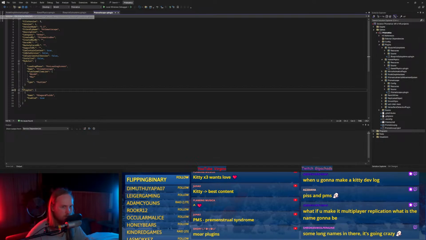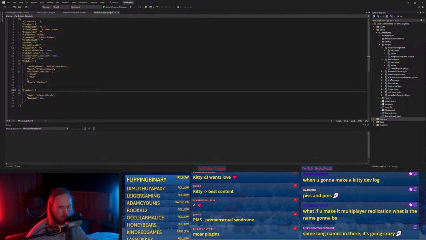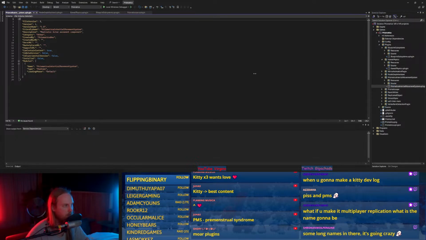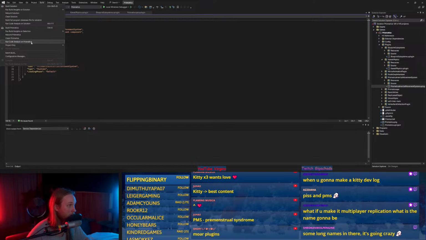Where is the Prismatica Inertial Movement System? Yes, it is. It does exist. There's the U plugin file. Type, runtime, loading phase, default, name, Prismatica Inertial Movement System. Description, realistic, and so on. Okay, cool.